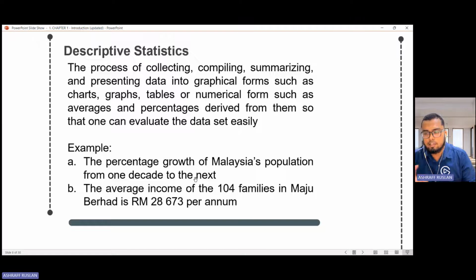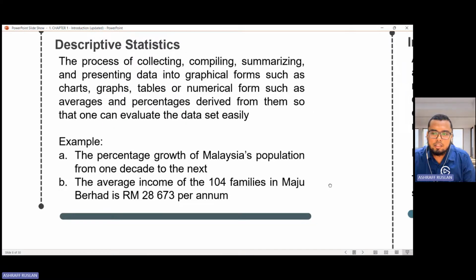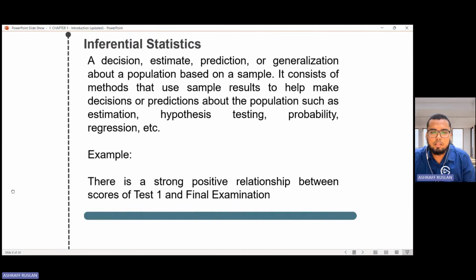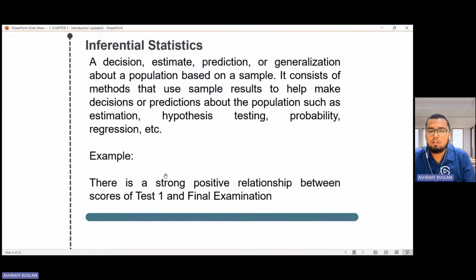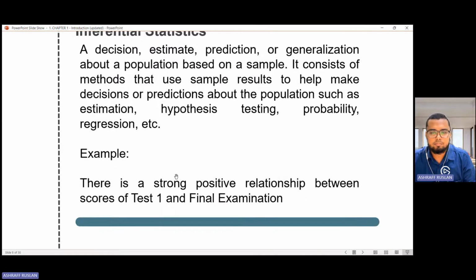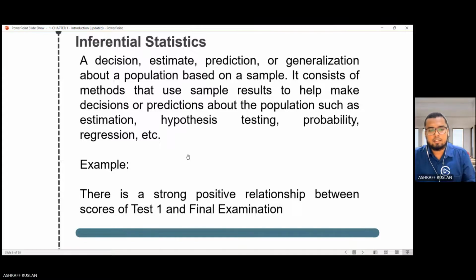So dia ada lagi. If we move to more meaningful interpretation or conclusion, where we use statistical analysis in order to get that results or conclusion, either using estimation in chapter 3 or hypothesis testing in chapter 4 or regression, bivariate analysis in chapter 5, so that one adalah under inferential stat.